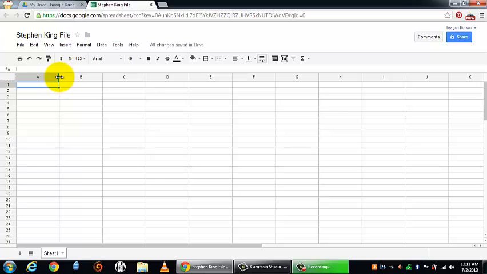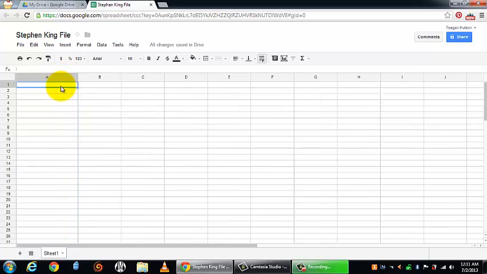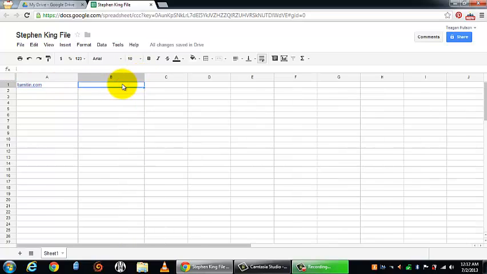And in the first column, I suggest you list your websites. So my first one is going to be for Turnitin.com. And then the next one is going to be my username. Now my username for Turnitin.com is